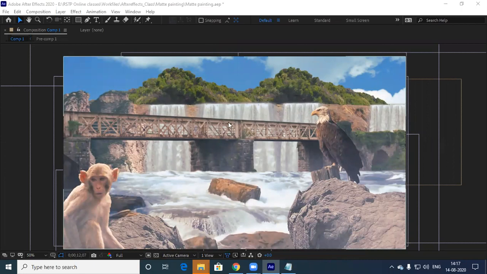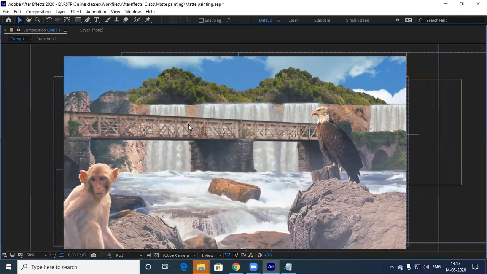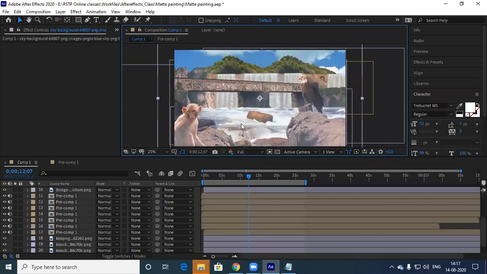Anyhow, I'll share the final output. I'll share the recorded session, and we'll connect on Monday. Anyhow, you have the weekend. Just try to do some complex matte painting like this. If you guys do this, I'll definitely ask RSTP to add the video on the website, or else you share your works with me. I will compile all your works and share them with them.